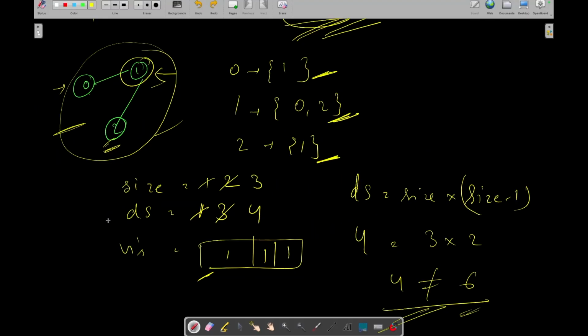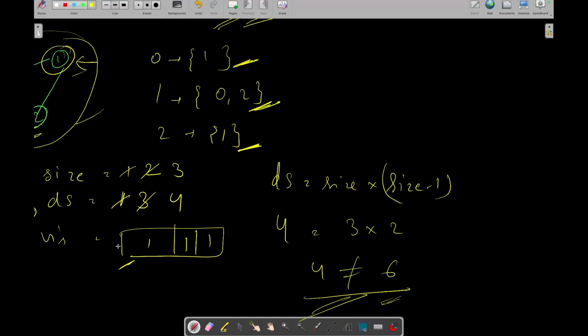So in a simple DFS traversal, we just need to keep track of two more things, which are degree sum and the size of that component, and then we can add this condition to check if that is a complete connected component. Then we will simply increment the value of our answer. If not, then we will just skip that. Okay, so let's see its code.